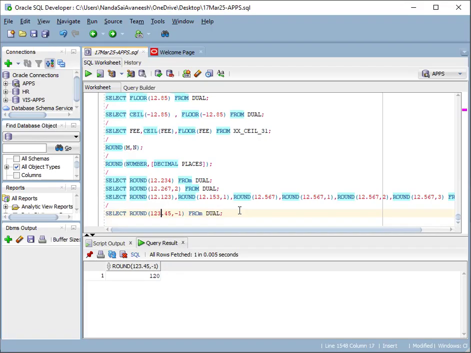So it is rounding out the decimals also, removing the decimals, and making the ones place a 0 if you are using a negative value here. Suppose I say -2, select round of 123.45 comma -2, then it will